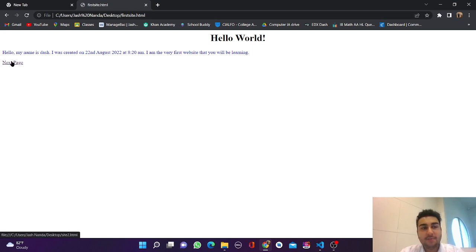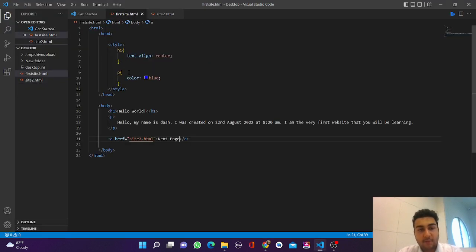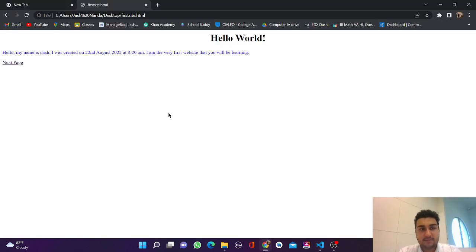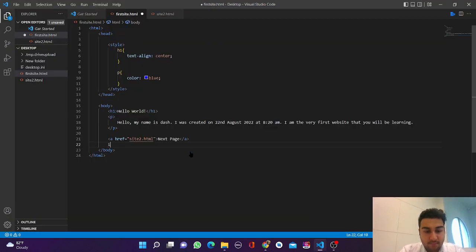So this is an extremely crucial component of any website because this is what connects the different web pages, the different elements, and adds the functionality to your web page. So till now we have learned about headings, paragraphs, and anchor tags. Now let's try learning something about images. So a website looks very dull without any images. You would agree. So to add images, as you can predict, you have to use the img tag, and in